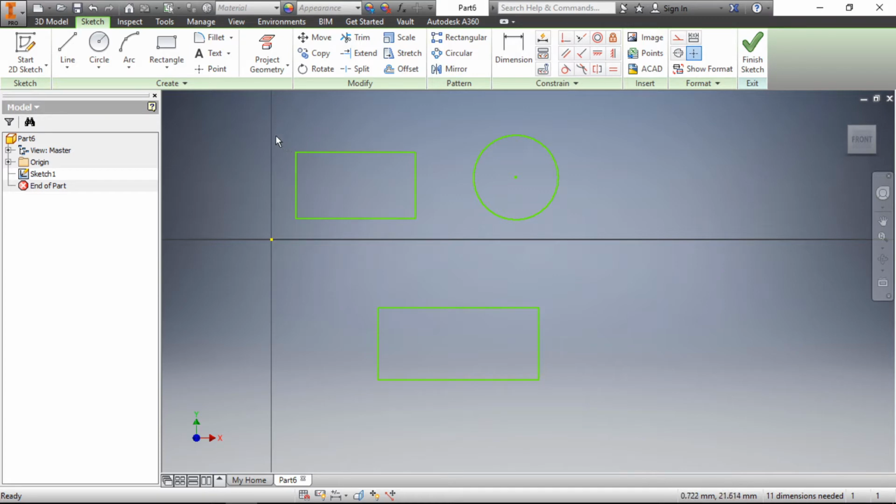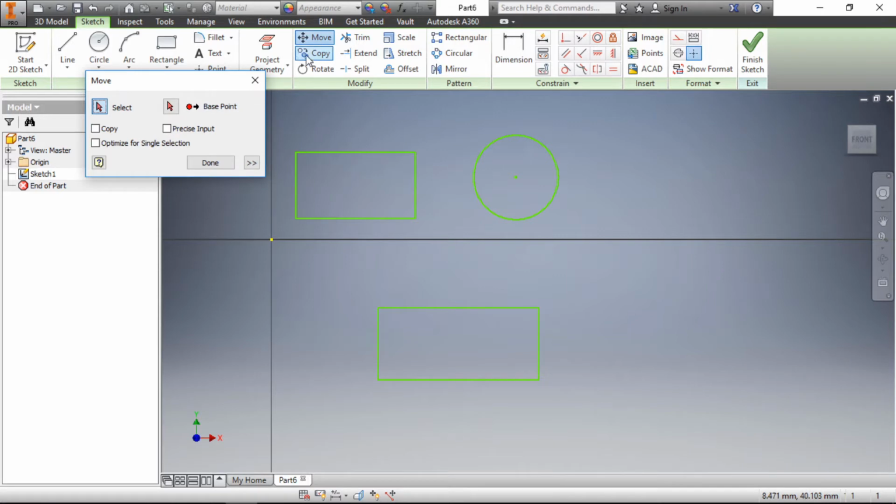Now, if I wanted to move this rectangle from this place to another place, then go to the move command in this modifying tab and select move. Now, this select button is highlighted, which means you can select any geometry. So move with left click and drag the cursor like this. Now you can see this geometry is highlighted in a dark blue color, which means it is selected.